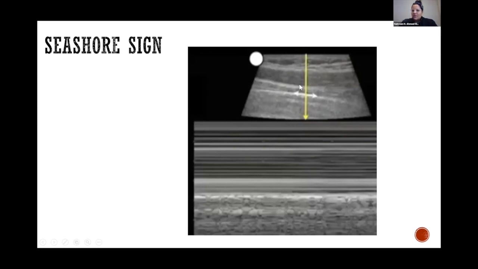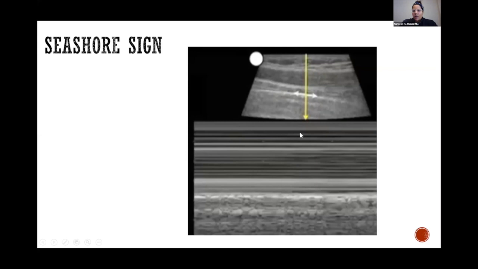Sometimes it's a touchpad. Sometimes if you're using the Butterfly, it's on the phone. You can use your finger. And you can drop that line exactly along the structure that you want to look at. In this scenario, you want to observe whether there is motion along the pleural line. So in this picture, that M-mode line is dropped in the center of the pleural line that you see here,